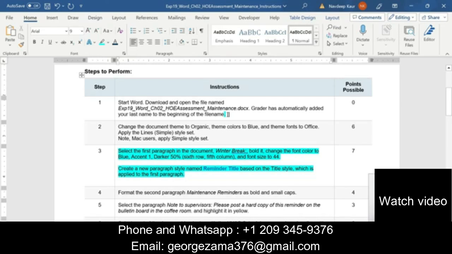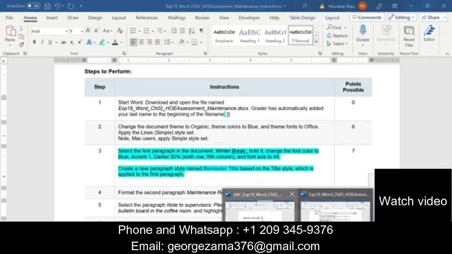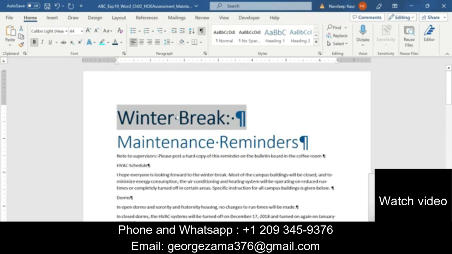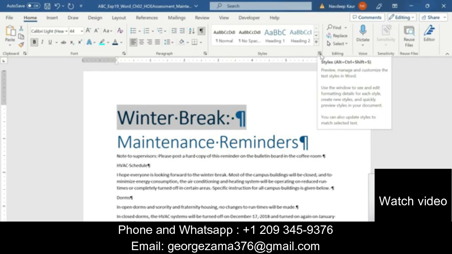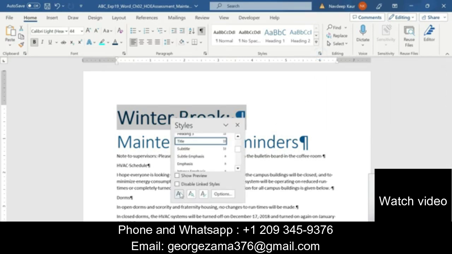Now we are supposed to create a new paragraph style named Reminder Title based on the Title style which is applied to the first paragraph. To do this, click on the arrow in the Styles group and click on the plus sign for the new style.